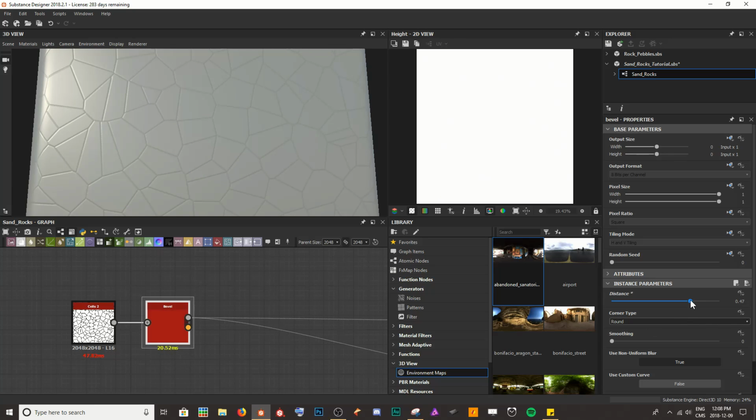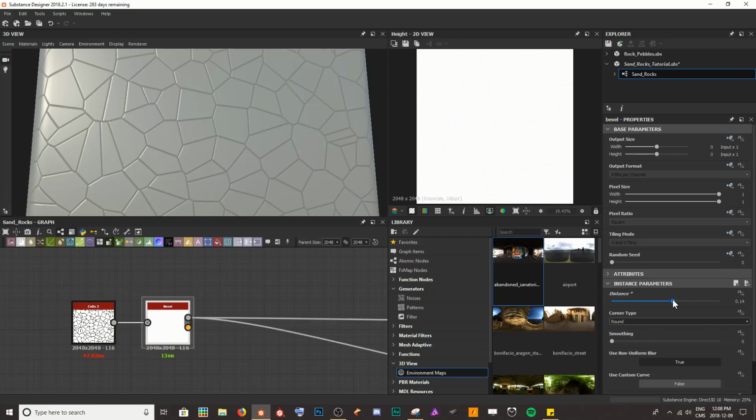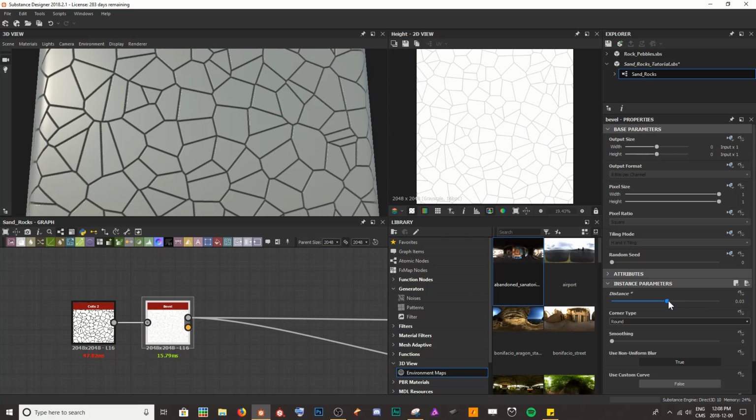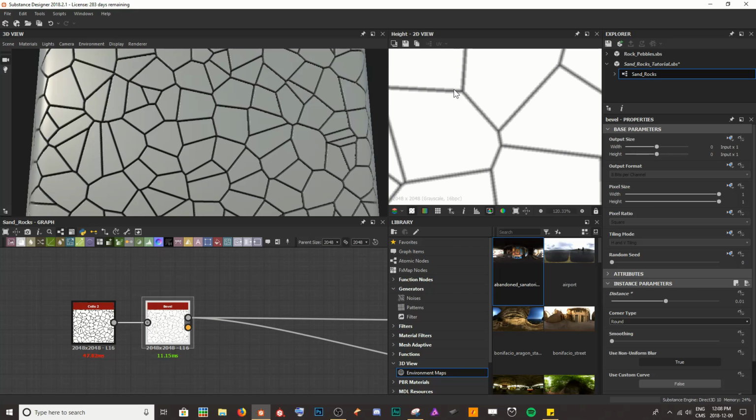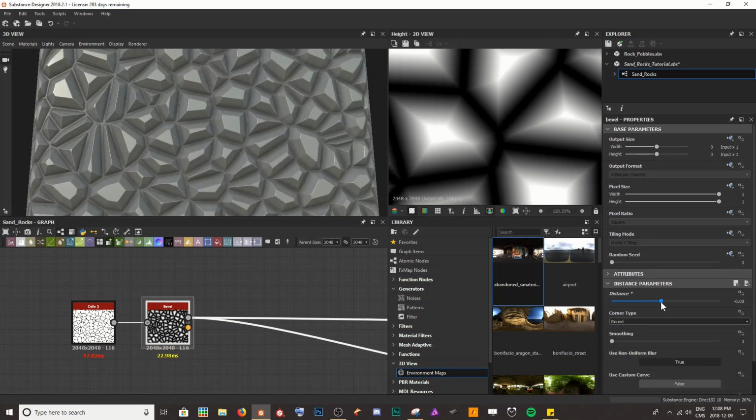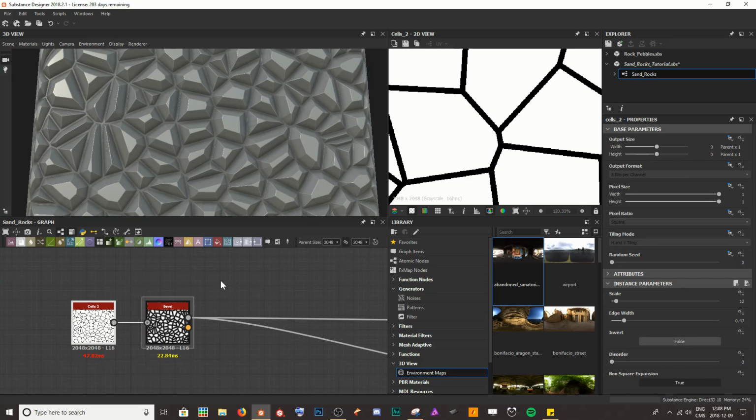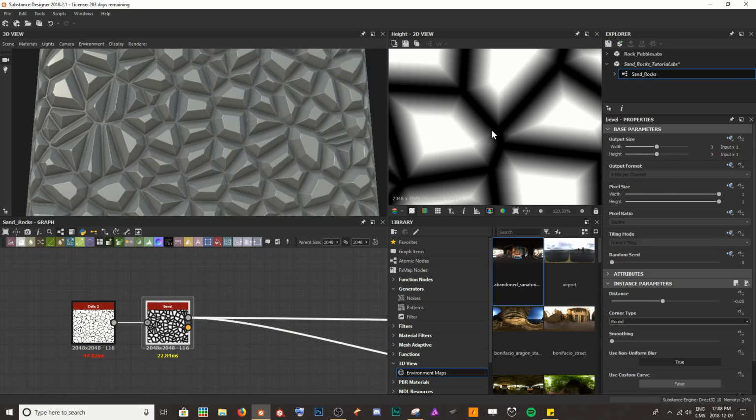So I'm going to bring the distance way down, and in fact I'm actually going to take our value into the negatives, because with the distance, when it's in the positives, it's going to basically extrude the bevel value from the initial segment here, but when we bring it into negatives, it's going to start to peel it away from the initial value. You can see this is our outline here, and so it takes that and then gradiates it inwards. So we're going to go with about